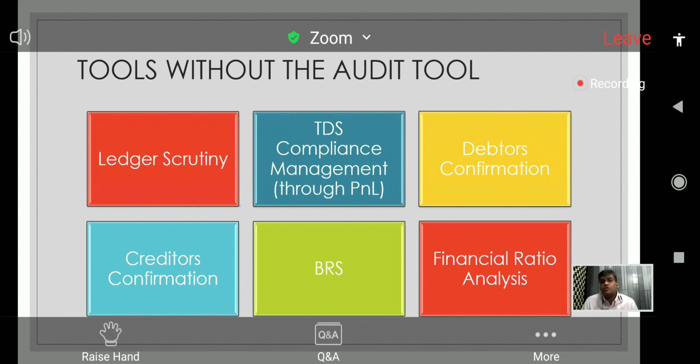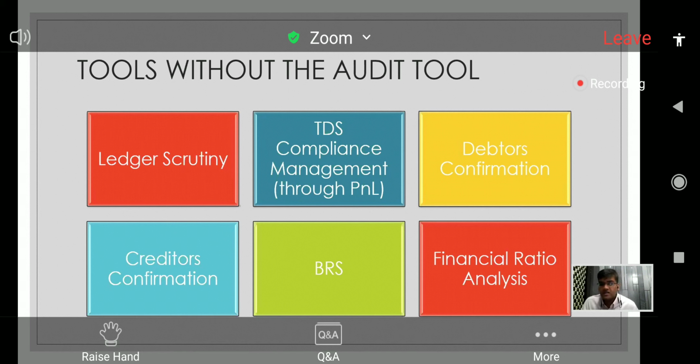Another aspect that we use Tally for is TDS compliance management. I'm again not talking about the TDS feature that is present in Tally, but typically what I ask my staff or employees is to go through the complete profit and loss account. We try to differentiate the expense ledgers where we feel TDS would be applicable. And once we select those typical ledgers where TDS is applicable, say for example, repairs and maintenance is one ledger, which attracts either 194J or 194C typically.